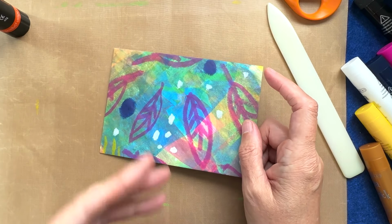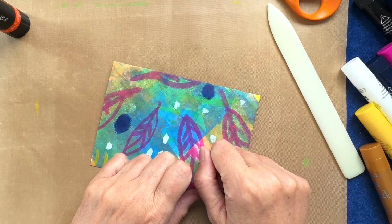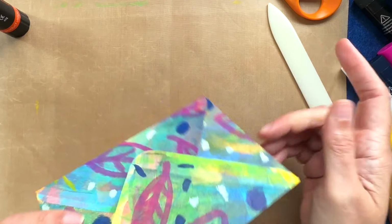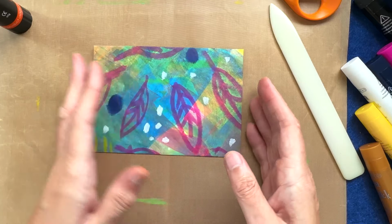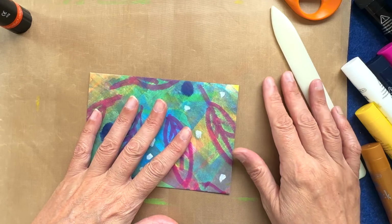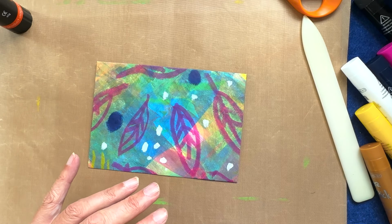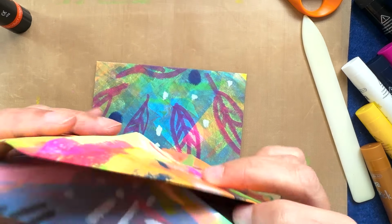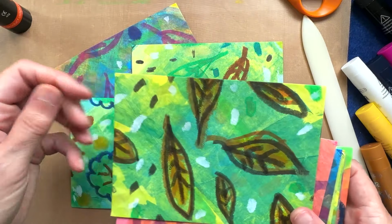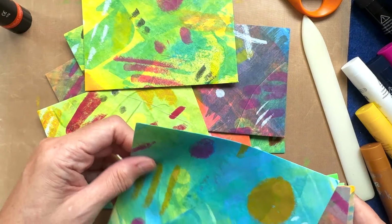I mean, if you're super clever and you can do it, you could plan out just an area that's not covered in paint. But I'm just happy with these. I just like the way they look. And if you're at all worried about them not getting through, then just pop them inside another envelope, but I think that defeats the object. Because I'm going to send these out like this with a white sticky label on, and I'm hoping that they're going to be fine. So that's my selection of envelopes in all different colours that I did session wise without